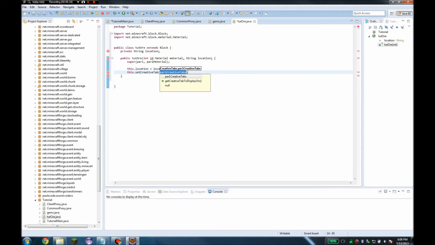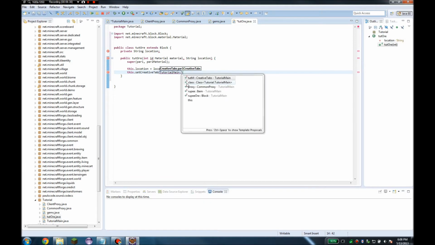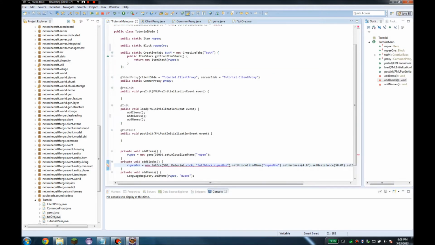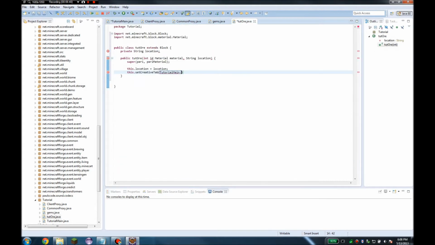Set creative tab. I'll do tutorial main dot, where is it? Did I ever make that? I should have the, there it is, tut m dot tut m. That should come up, right? Yep. Alright, and then down here what we're gonna do is override,